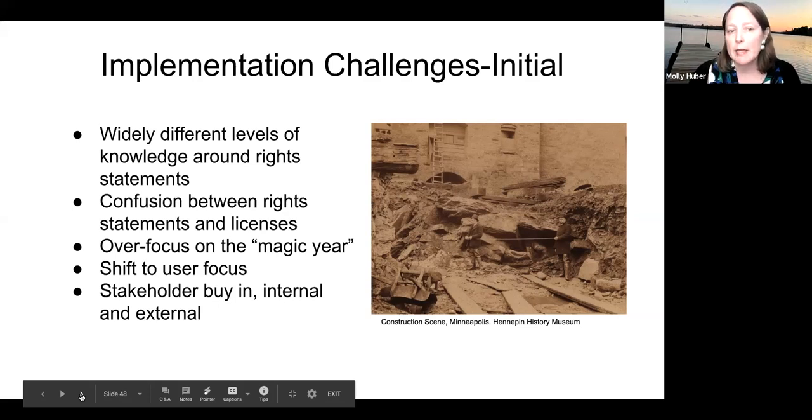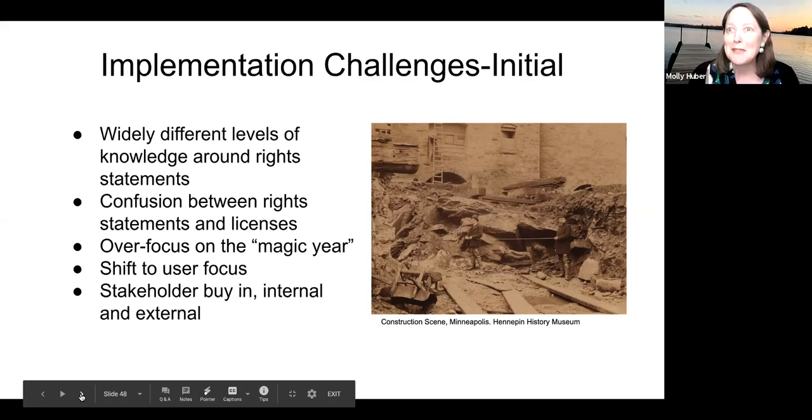And that stakeholder buy-in, I've kind of alluded to that a few times in all these different points, but internal and external is really important. You have to get everyone on board to implement the rights statements. A lot of people don't see the value of it, don't see it as a priority, think it's going to be too much work. Your internal lawyers, if you have them, might be worried.